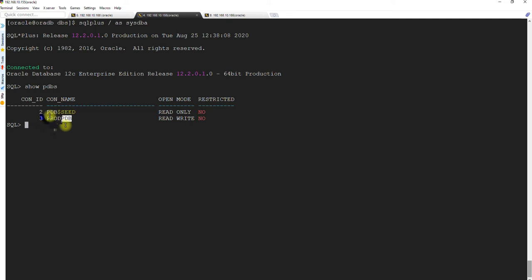We are going to change the name of the database as well as the database ID, because the current database is production, prod. We don't want that. For that, as you might already know, we will be using the NID utility. So what we need to say is NID DBNAME equals that. Target is how you are going to connect, right?